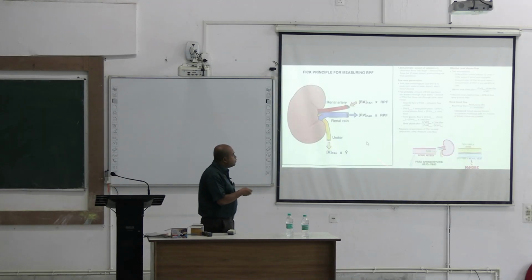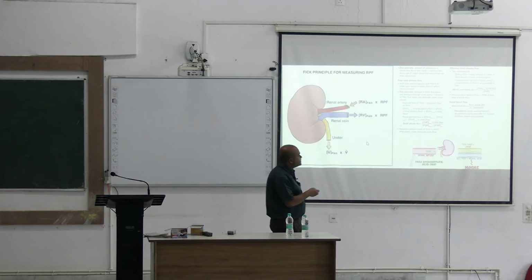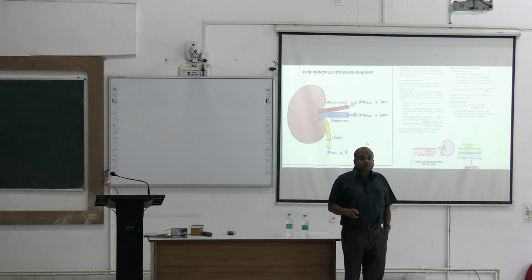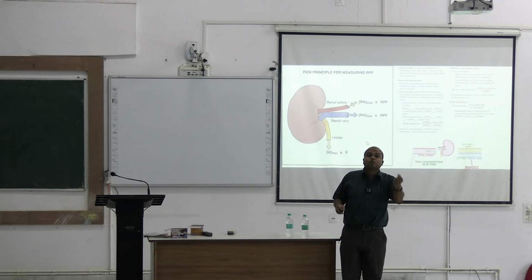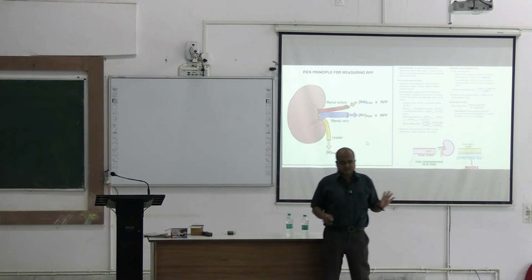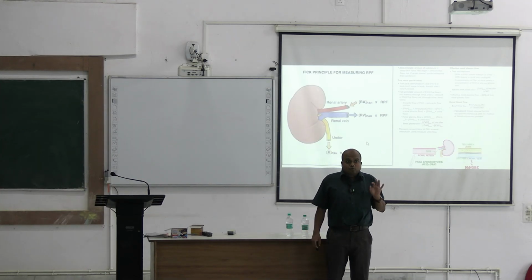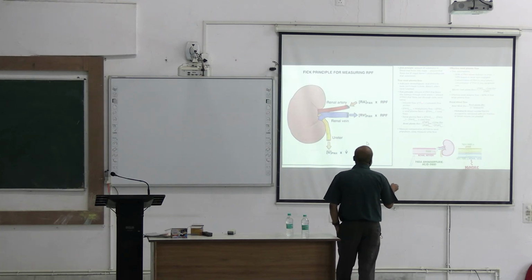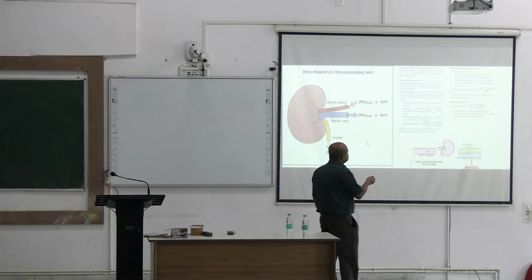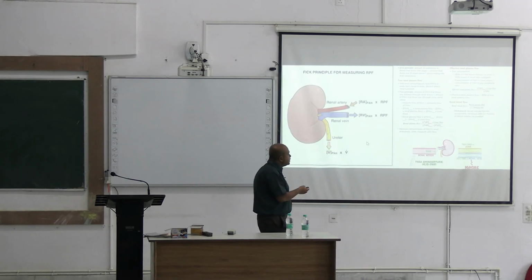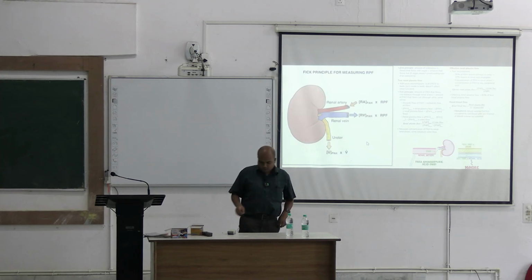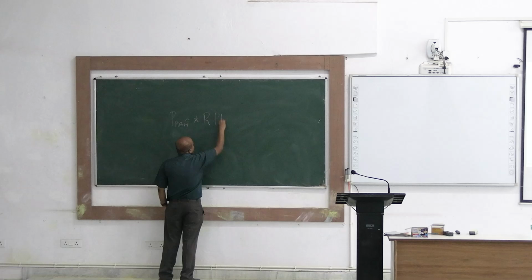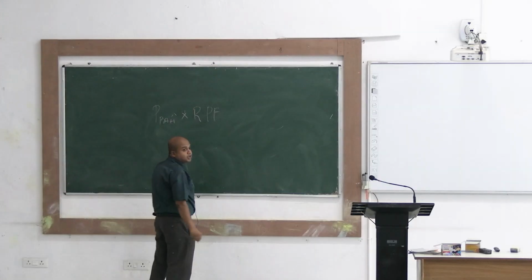This is what we were talking about. Para-aminohippuric acid, PAH, is a substance which is not freely filtered, but a negligible amount of which goes back to the renal vein. It is 10%. So if you have to calculate the true renal plasma flow, then we use this substance, and we have to consider that 10%. But actually, what it is, renal plasma flow through the